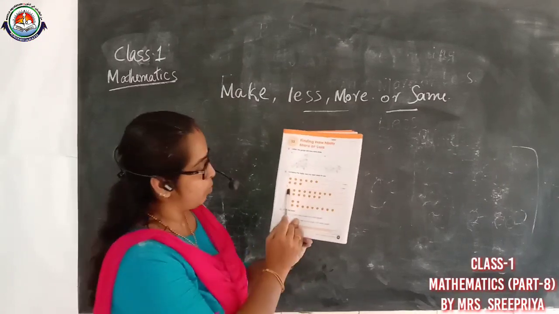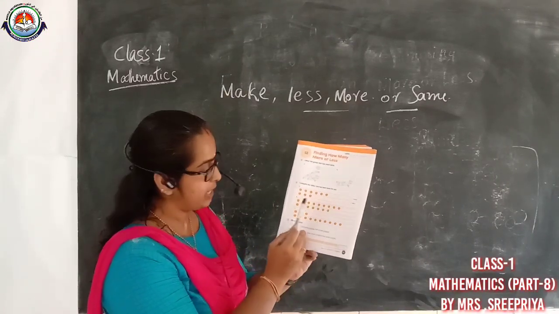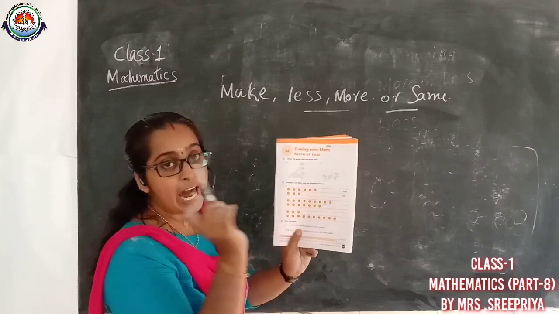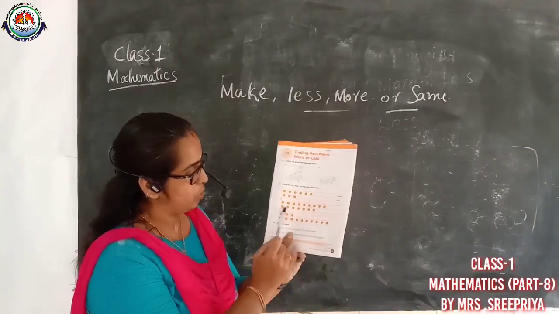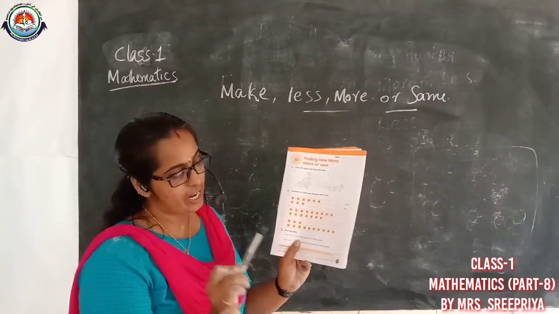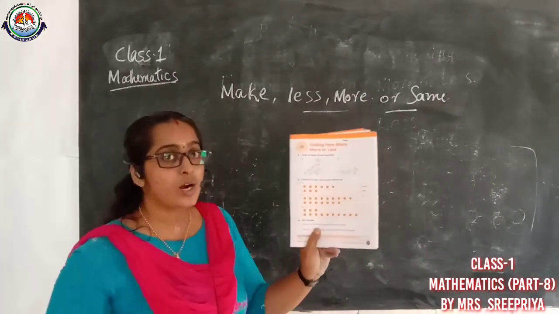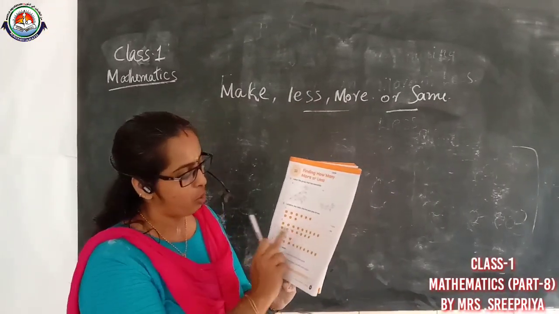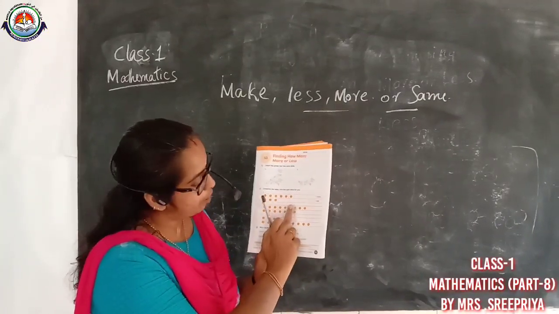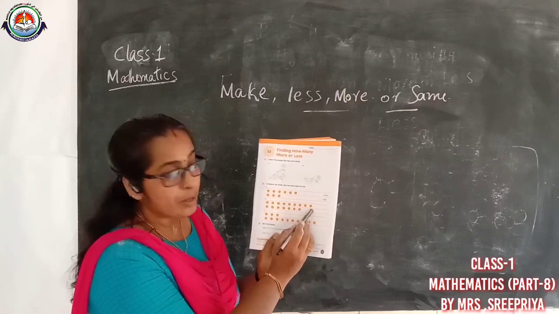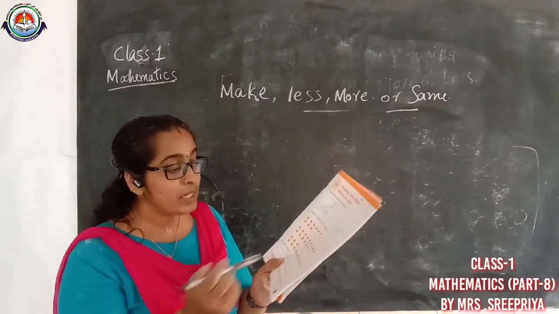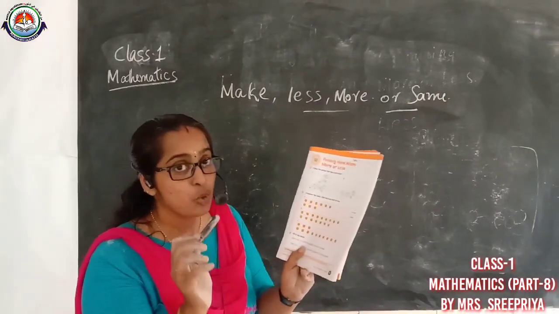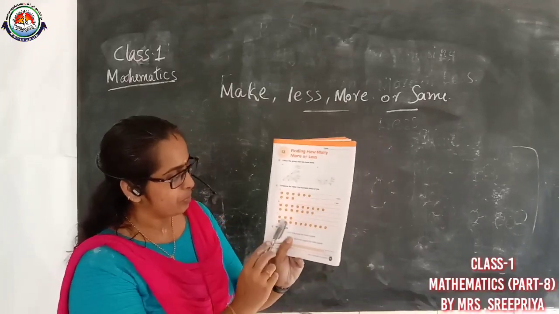Next one also. B. Count and check. 1, 2, 3, 4, 5, 6, 7, 8, 9 are there. First column, 9 are there. Second row, 1, 2, 3, 4, 5, 6, 7 are there. So which is more? Very good. This is more. But we need to check how many more. See, till here both are same. After that, 2 empty boxes are seen here. So 2 less and 2 more. Very good. Next one you see. Same. See?